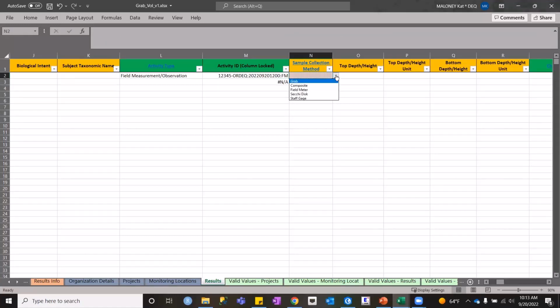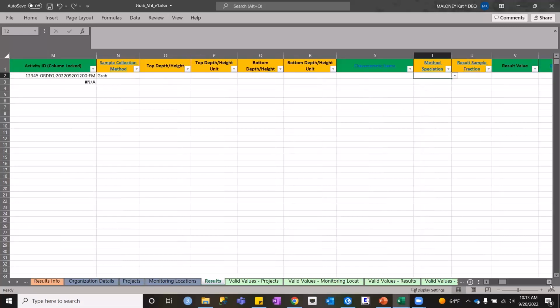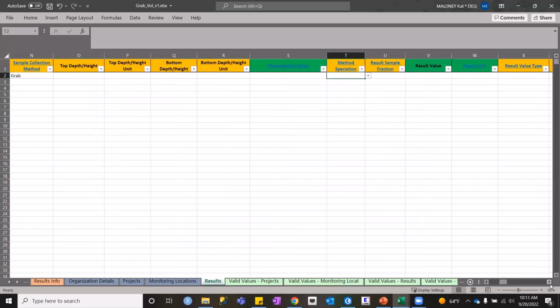That's basically just to identify it, and that result has that unique identifier going through into AQWMS and things like that. Sample collection method, pretty straightforward. Depths and heights, that's for if you are maybe collecting a profile in a lake or taking multiple samples at the same location. This is where you would use this information. And hopefully as you get more familiar with the template and how it matches up with your monitoring,